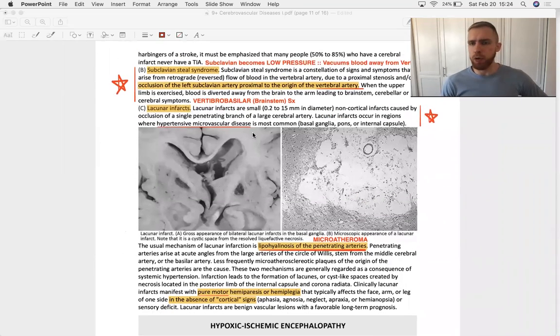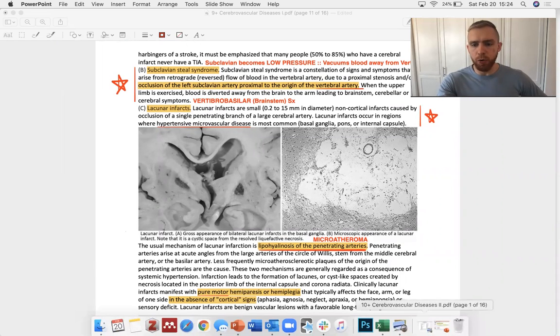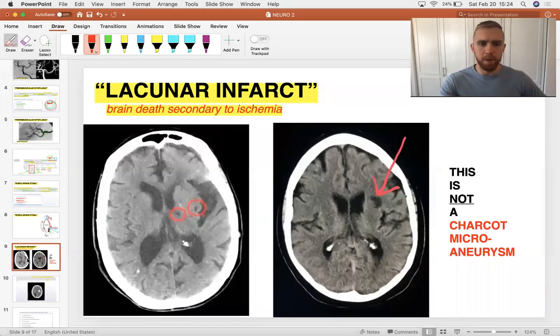Here's another one, the lacunar infarction. Let's look at some lacunar infarcts. Notice on this CT scan, it's a little hypodense area reflecting tissue death. Hence the word infarction. And infarction is tissue death. Ischemia is reversible, but once it becomes infarction, done deal, the tissue is dead. So you see tissue death on this CT, and it's in a particular region. It's kind of